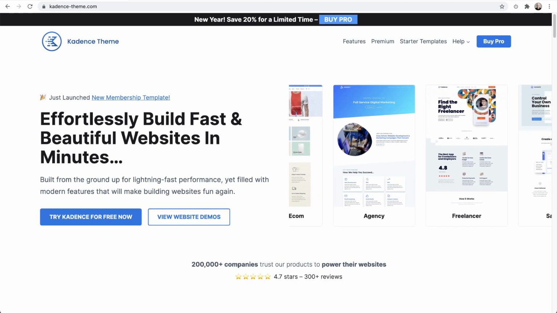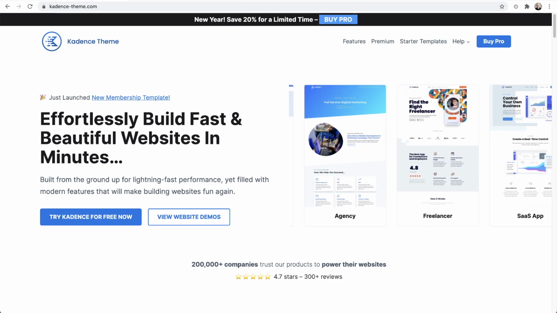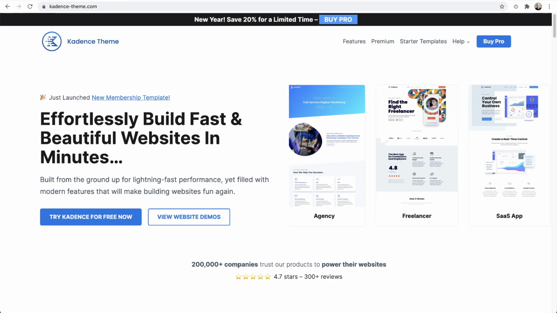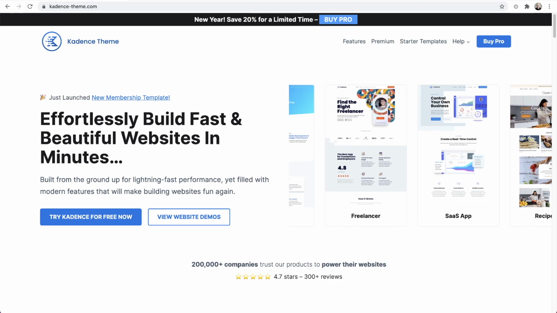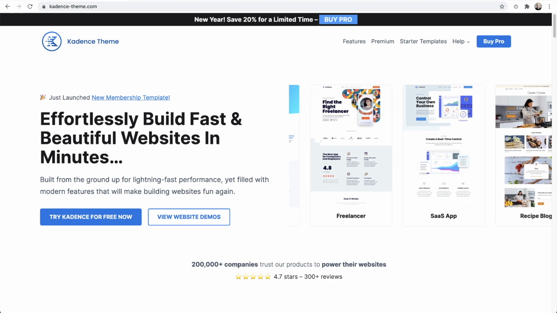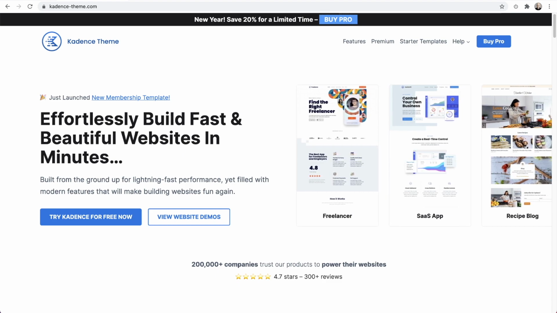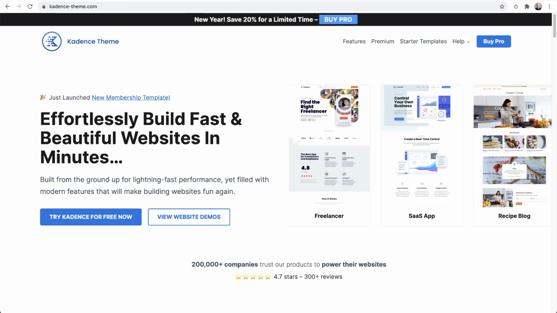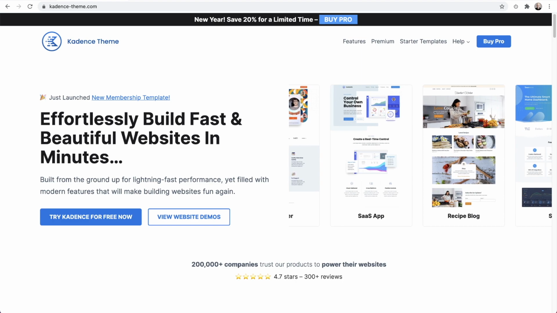Now, your customers that purchase the child theme from you, there's nothing that they're required to purchase because your child theme is going to use the free version of the Kadence theme as well as Kadence Blocks or Elementor and soon Beaver Builder. It's up to you how you want to put your site solution together and sell it. But for you to be able to create the child theme, you'll need to be a member. But it's the most affordable membership in town.